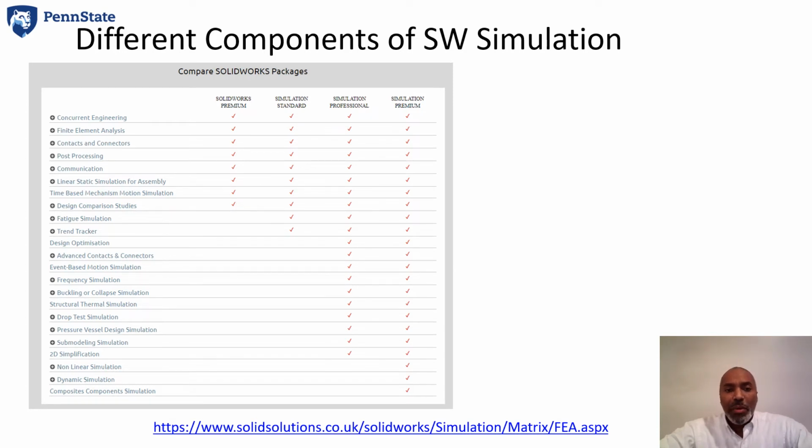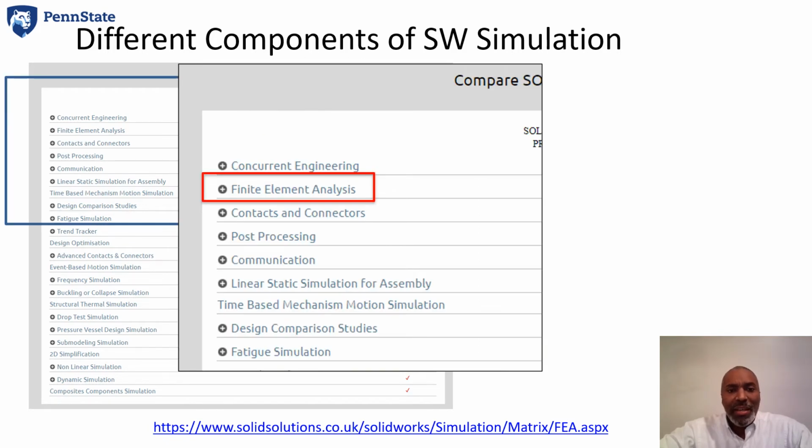So if you open up SOLIDWORKS and you look at some of the packages that they have, we can compare, like I said, across the premium, the standard, the professional, and then the simulation premium to see what's actually available. If you go to their website, you'll get this large breakdown of the individual packages. But if you zoom in on some of this, the finite element analysis part of it,